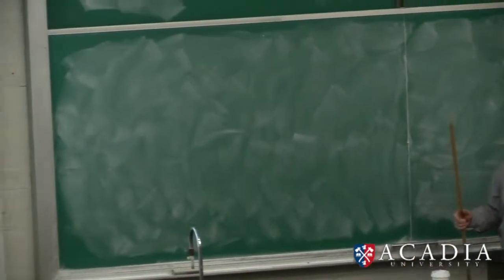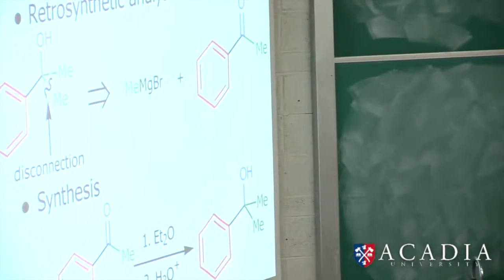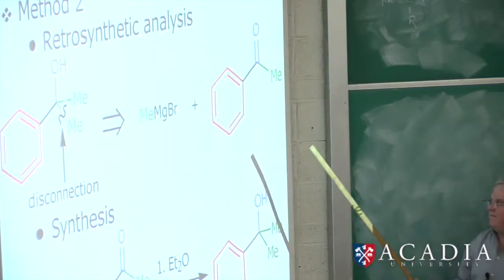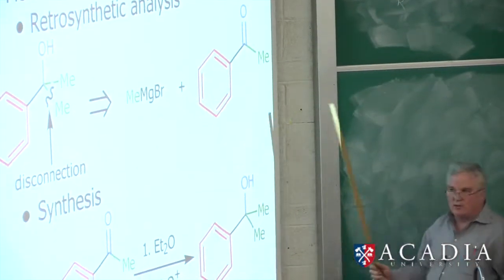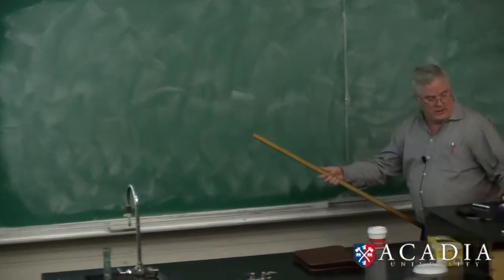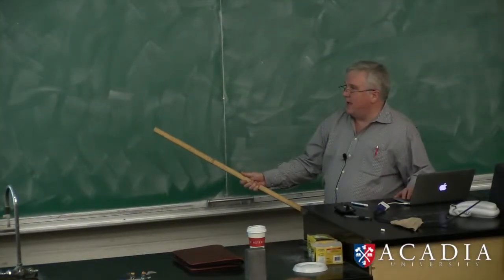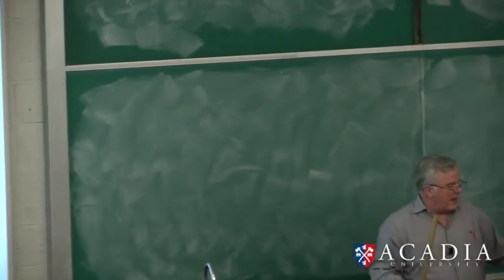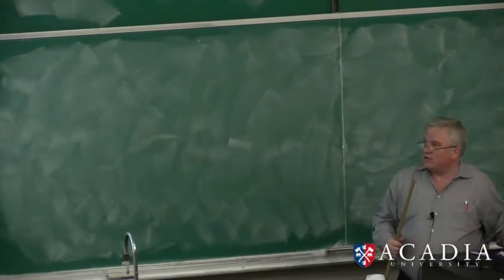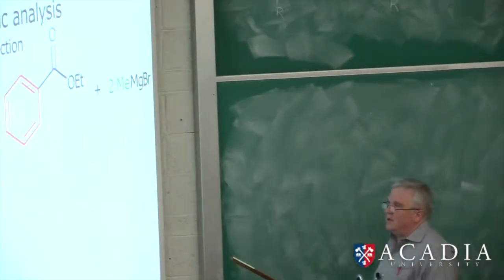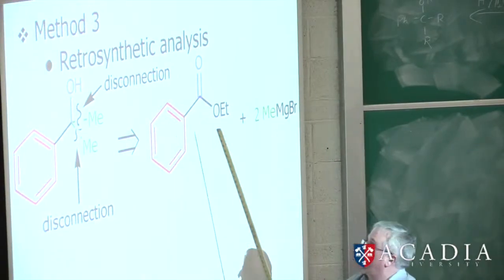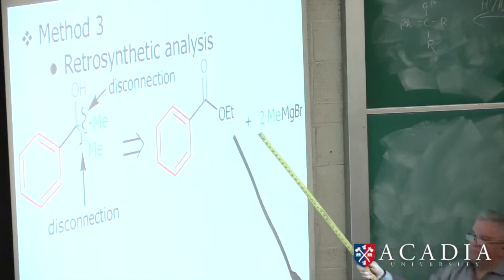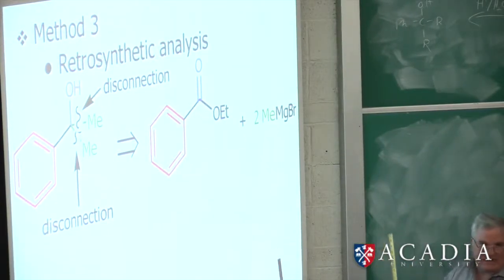But from a retrosynthetic analysis standpoint, what if we didn't have any of this ketone in our lab? We didn't have any of the precursor from the last reaction. Well, maybe we can go even further, because we've already seen that we can make that ketone in situ by reacting with an ester. So in our retrosynthetic analysis, we could have also disconnected both of these. We get this portion, and from that we will add one methyl magnesium bromide to get the ketone and then